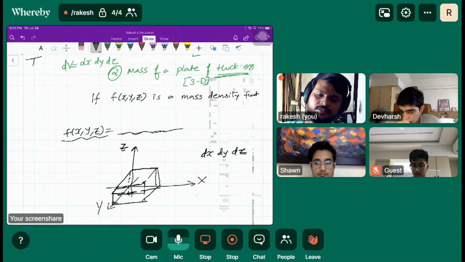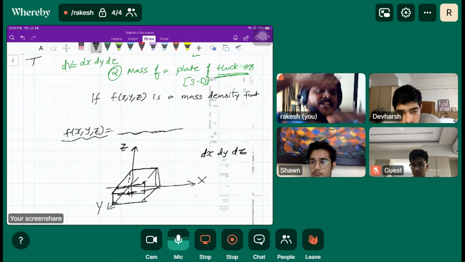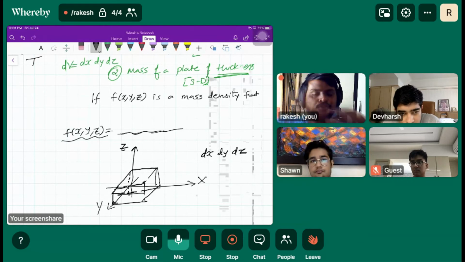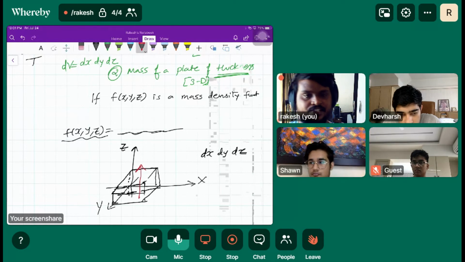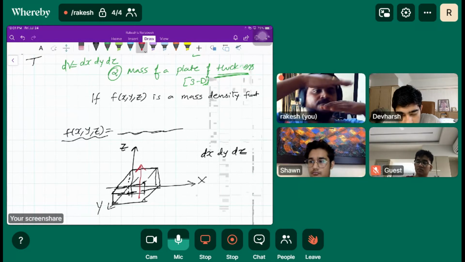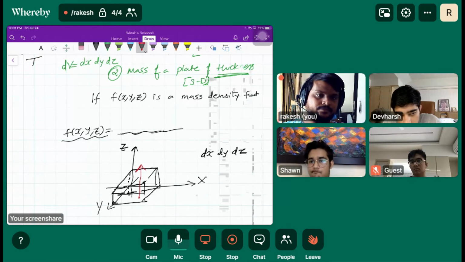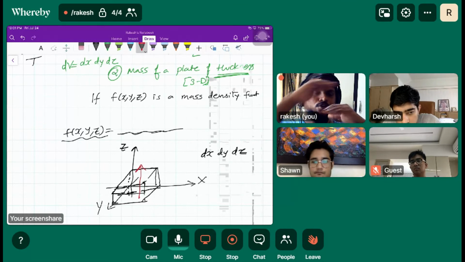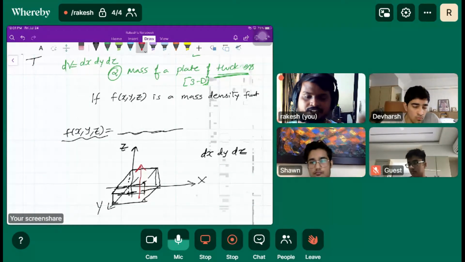It doesn't matter, because we are going to get the same answer, isn't it? Dx, dy, and dz. So basically, if you are going along the z direction, we need to find out two surfaces between which our object lies, right? So obviously z is equal to...